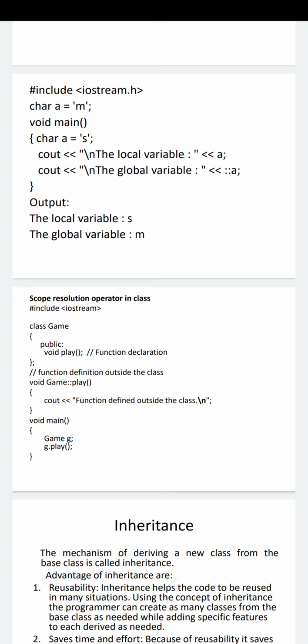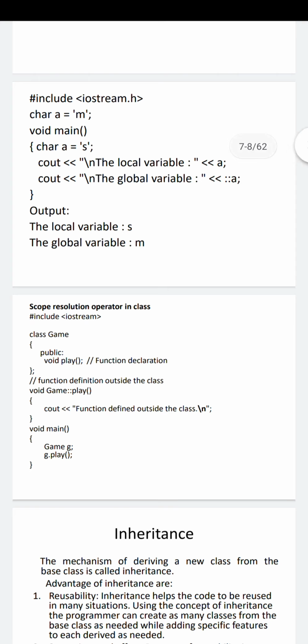Now in the main, again with the same name, the same variable a, we have defined one local variable of type character, character a equal to s. So now we have got two variables, one local, another global, with the same name small a. In the local variable, the value of a is s, and in the global variable, the value of a is